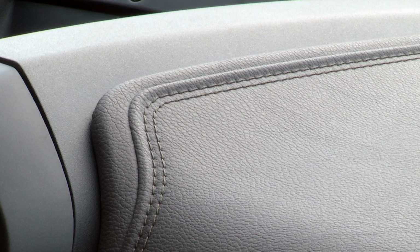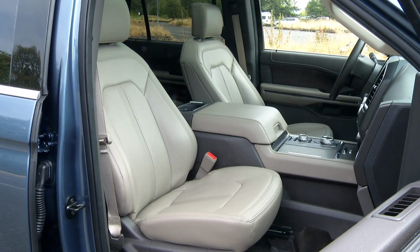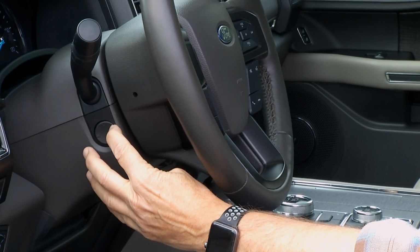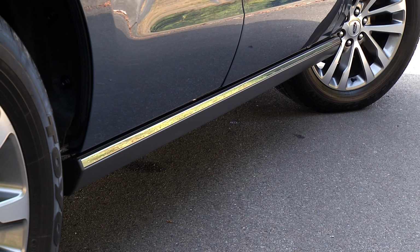Please don't try that. Not sure the Platinum version is needed. The Limited looks good in here, and there are the coveted heated and vented seats, plus a heated tiller too. Expedition is big, but I'll wager that any driver, big or small, can get comfortable behind the wheel. And to get up there,